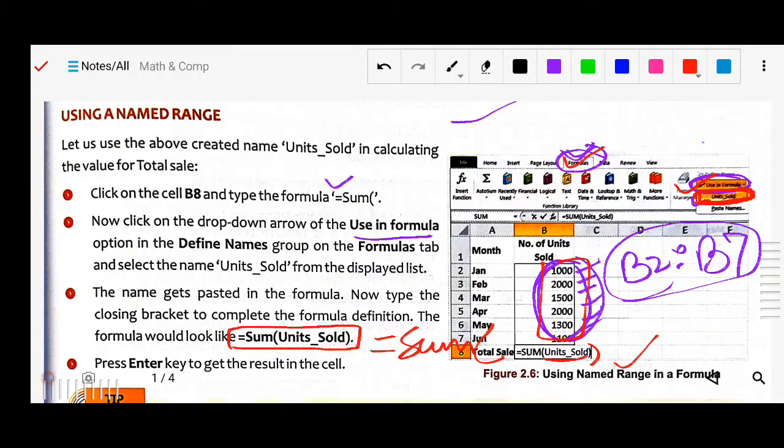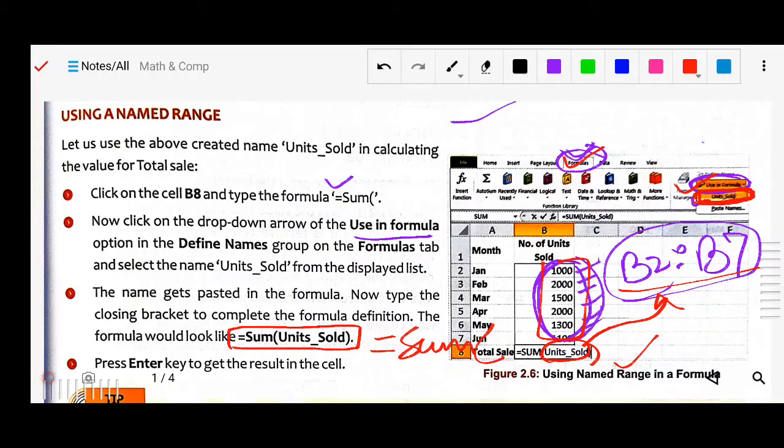This Unit Sold means the range B2 to B7 that we already defined and saved. So this is another method to add. We don't want to select the range again and again, to save our time. So we have saved it.